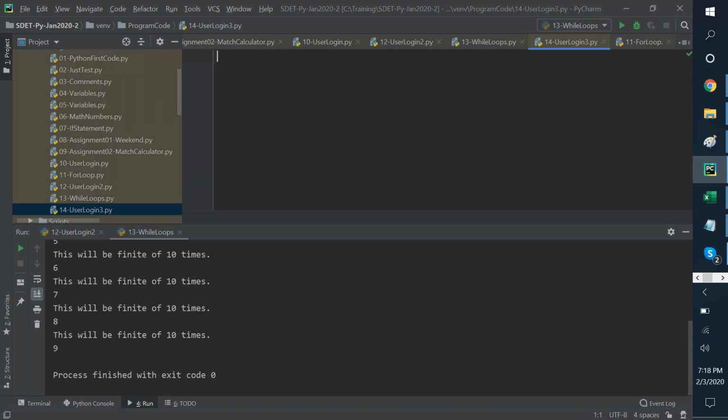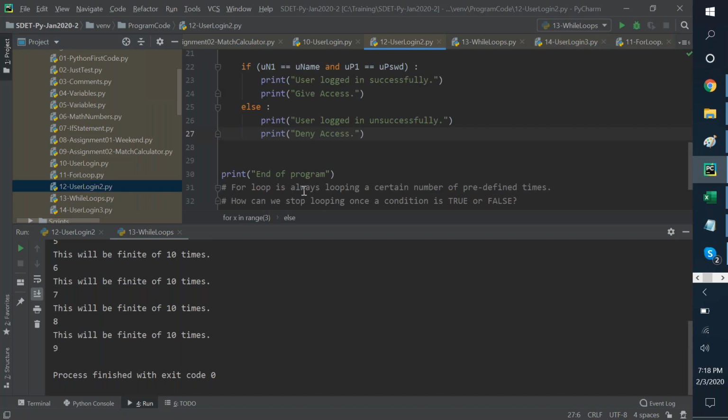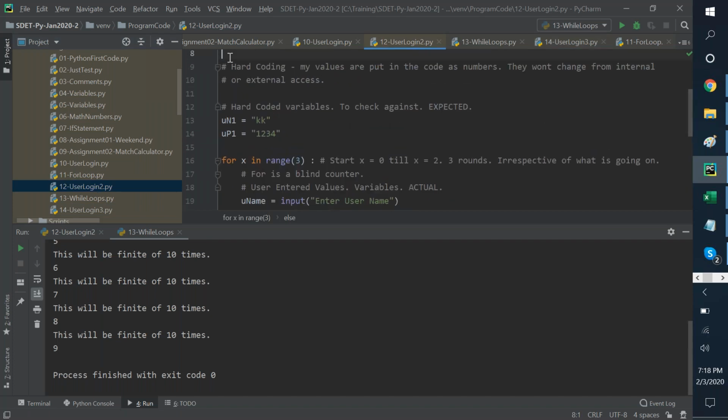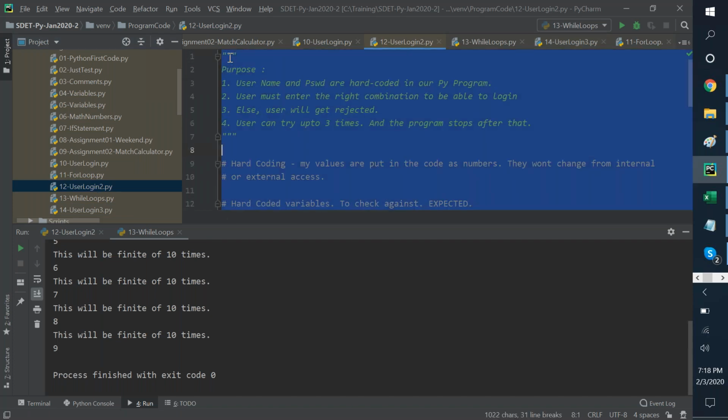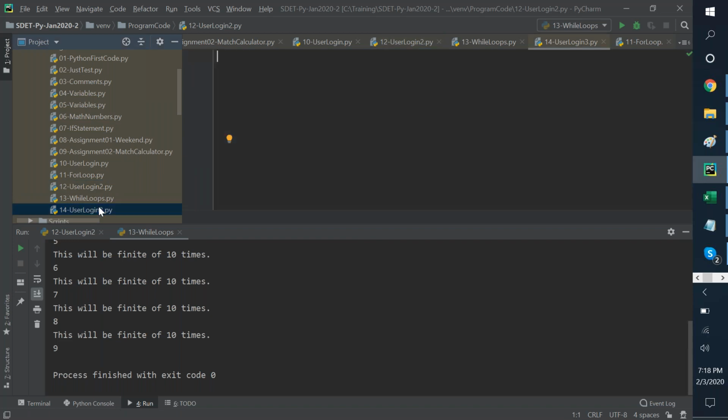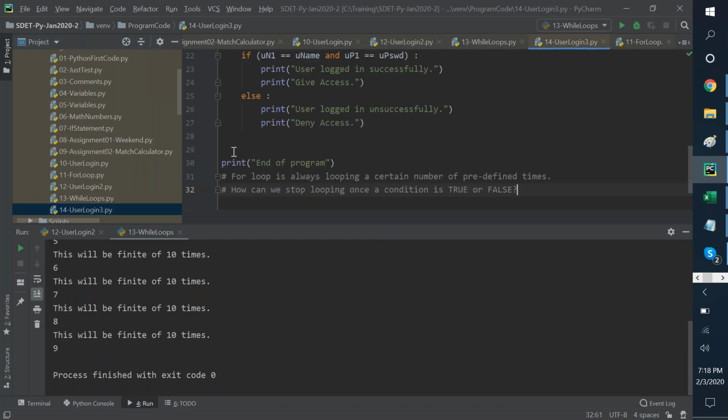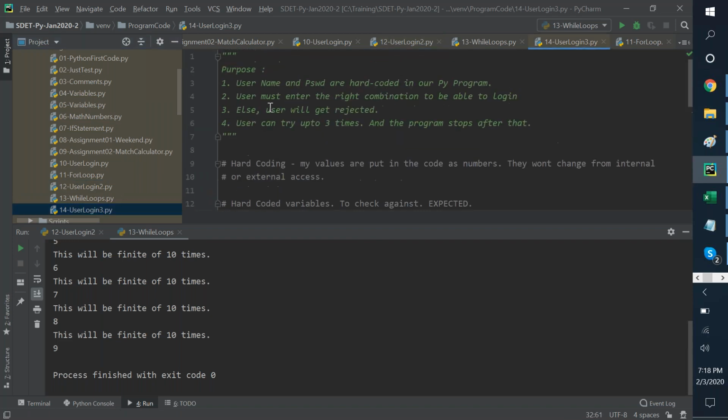Now I'm going to try and apply that logic, and this is what I think Chitra and George were all trying to show us a couple of days back. Now we are reaching there, team, to better understand. So what's our requirement now? It's still here. I think let's copy the old version. See what I'm doing? I'm not rewriting everything from the beginning. I'm just copying the old version.